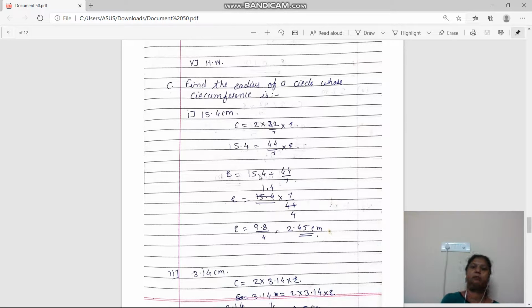Okay. So 15.4 divided by 44 upon 7. Division means multiplication by the reciprocal. So 15.4 multiplied by 7 upon 44. So 11 4s are 44, 11 1s are 11, 11 4s are 44. Okay. So 1.4 multiplied by 7 we get 9.8. And this 4 is here. So 9.8 should be divided by 4. So 4 2s are 8, decimal and 4